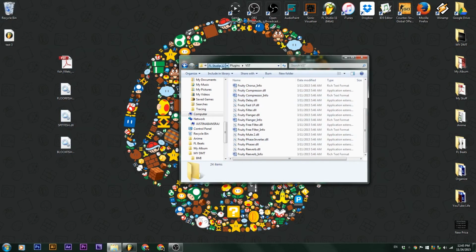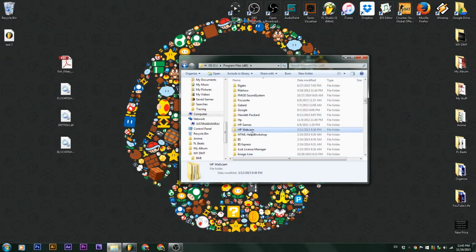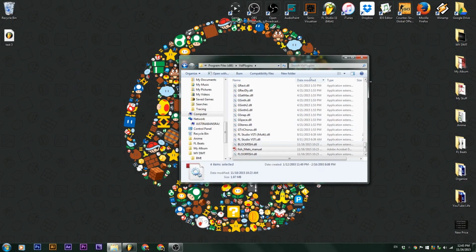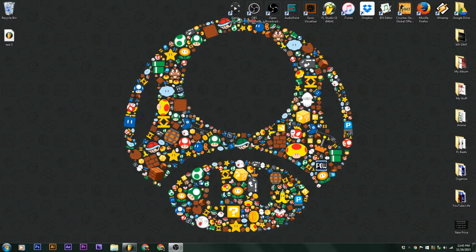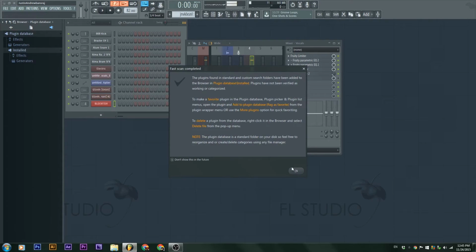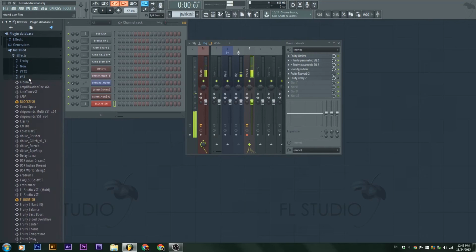But for me, I have it set in my VST Plugins and I'll show you how to set that right now. Let's go into VST Plugins. Watch, we're gonna put these three in there. We don't need the PDF, but I like to put it in there just in case. Yep. So notice they are in there. Close this folder. Bam. I'll go ahead and right click, refresh the plugin list. Again, the fast scan completed. And watch this. We go into installed, effects, because we're using Spitfish as an effect, VST, and look,